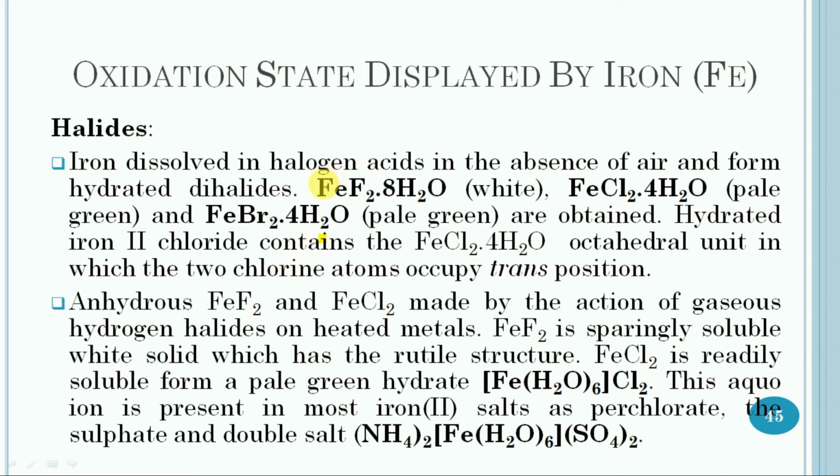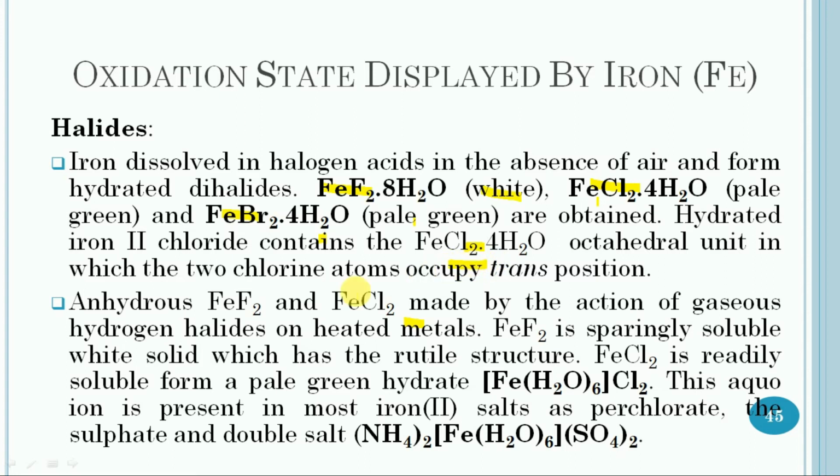It is white for fluorine, pale green for chlorine with this formula, and pale green again for bromine. Hydrated iron 2 chloride contains this formula, an octahedral unit in which the two chlorine atoms occupy